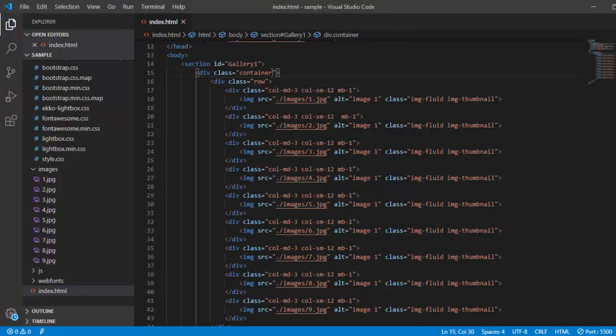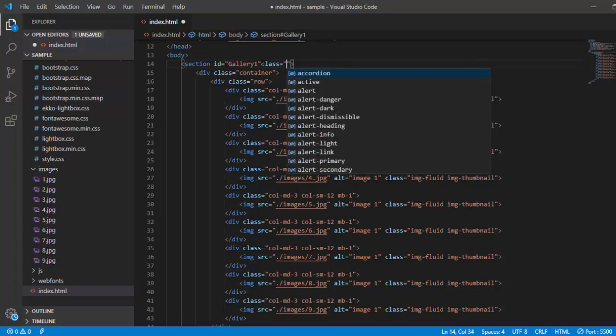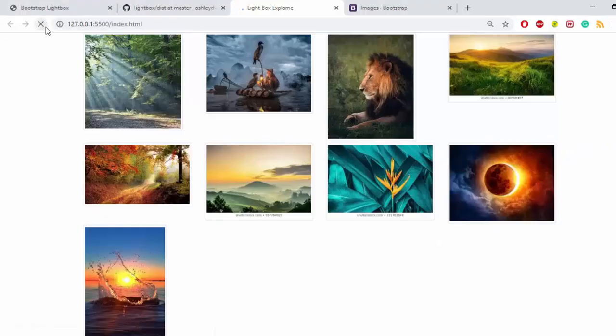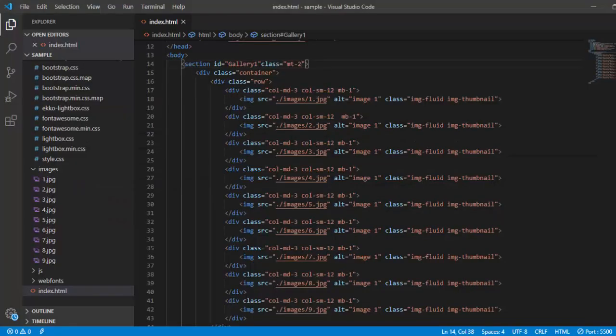Okay, so this section, let me give a class to this section like margin top 2. So what does happen? Let us see. It has just moved down a little bit. Okay, now it's got quite a margin, 2 margin.